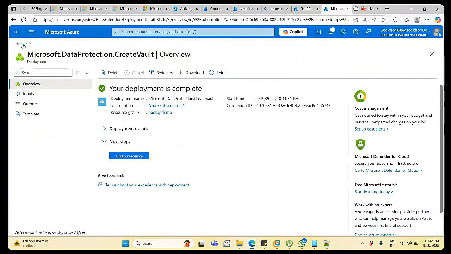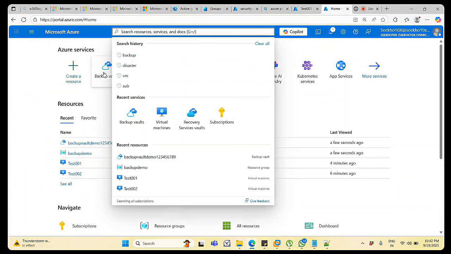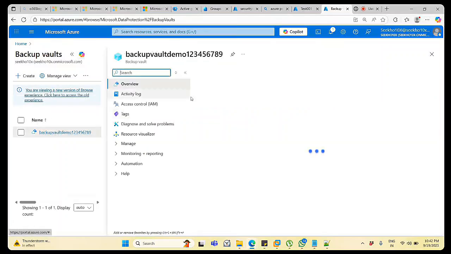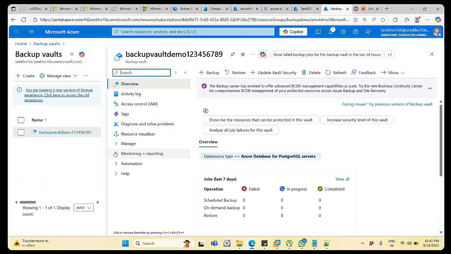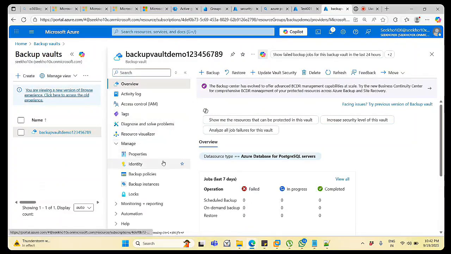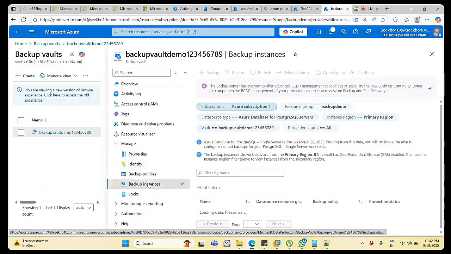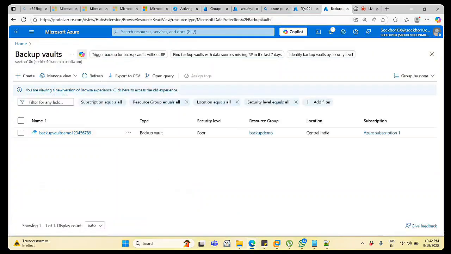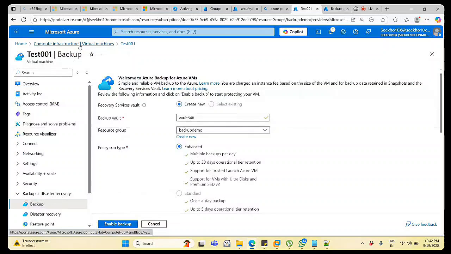Successful. My backup vault has been created now. You can see manage. So what are the backup instances? It will reflect over here. And you can also mention the logs. Okay, that we will do later. So let's come to